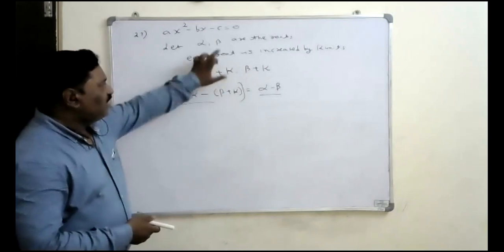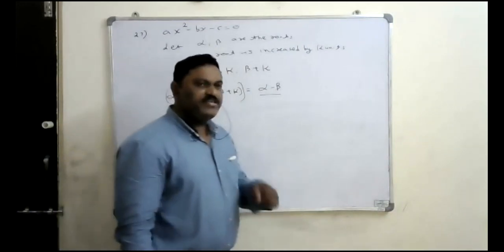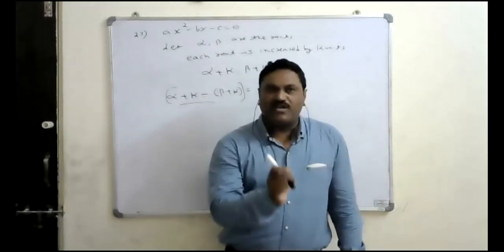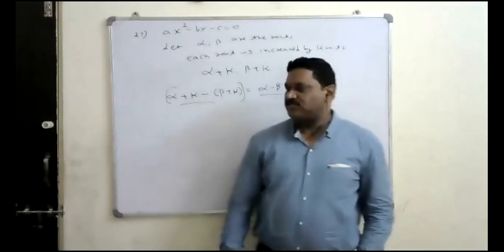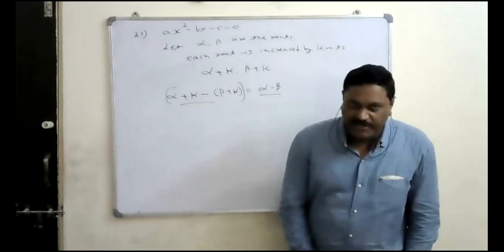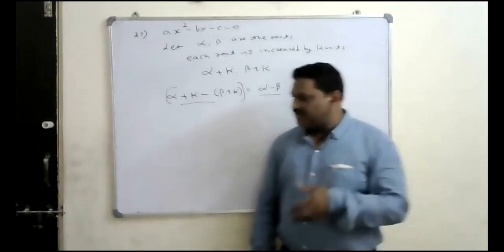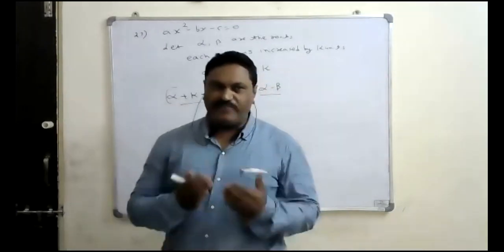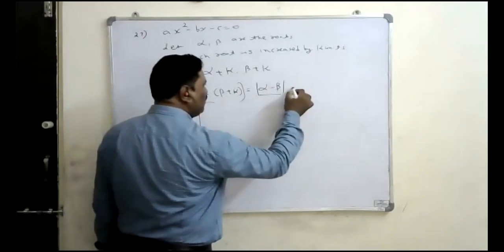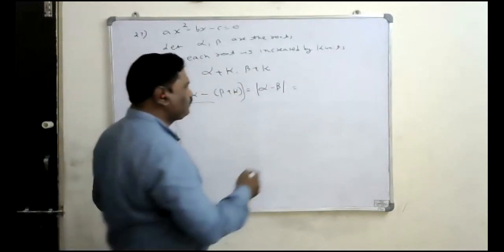So this difference and this difference will be the same only. That's why each root is increased by the same quantity, the only thing that does not change is the difference of the roots. That's the answer. If each root is increased or decreased by the same unit, the difference of the roots is not going to change. Indirectly they are asking about the difference of the roots. Difference means you have to take the modulus. Tell me, how do you write modulus alpha minus beta?